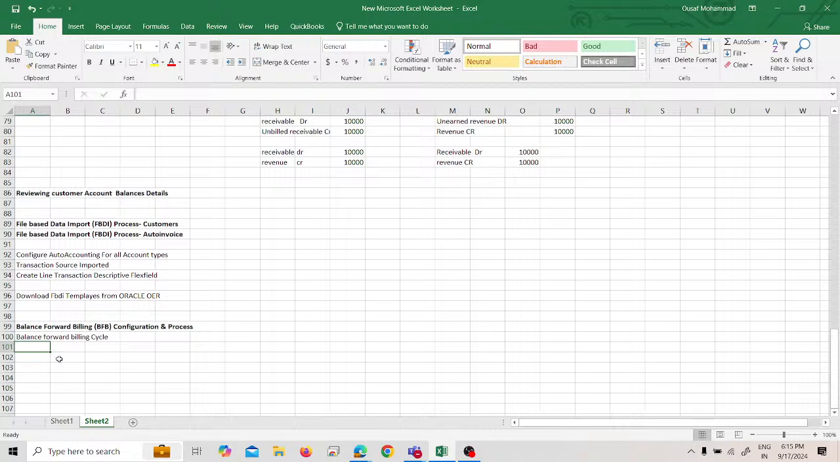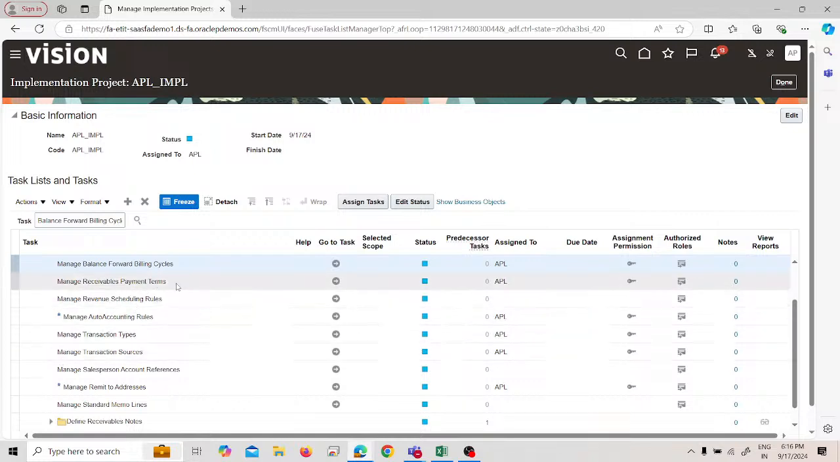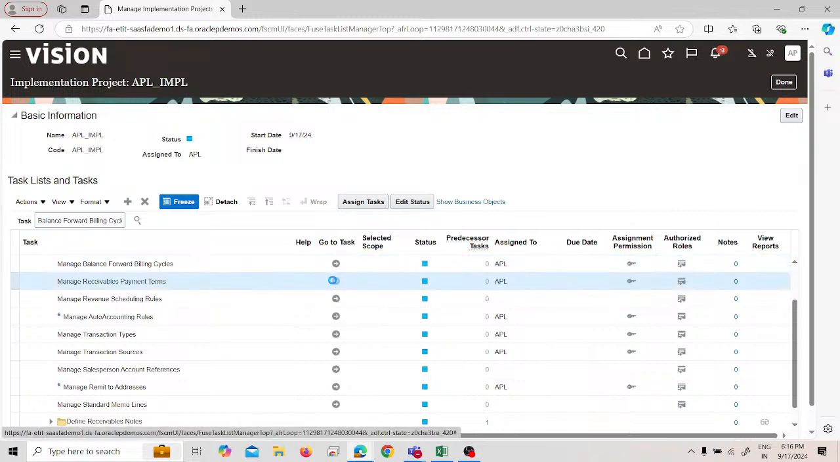the payment terms. So now we have to create the BFV payment terms. The next step will be the BFV payment terms. Yes, it is different payment terms that we have created under the receivable payment terms. So we have to create the payment terms for ons. So we'll go, and here you can see the payment terms. So we will select this payment terms,